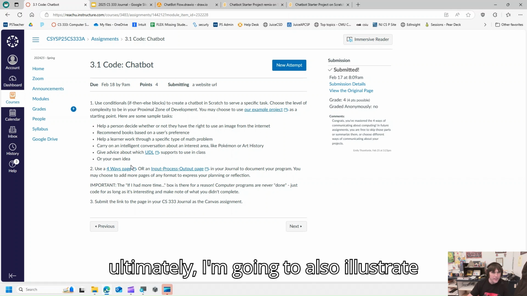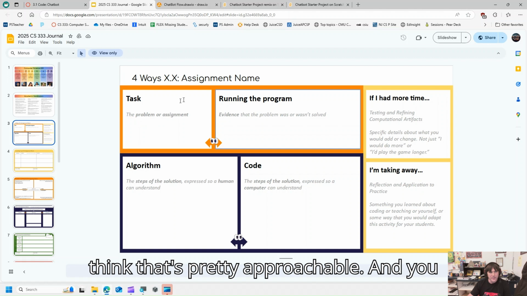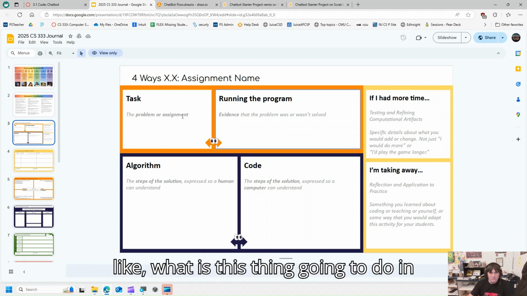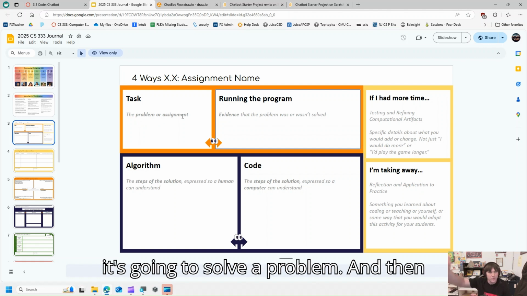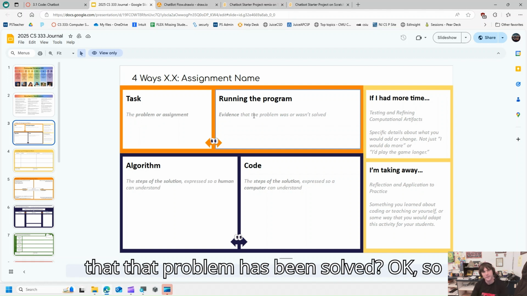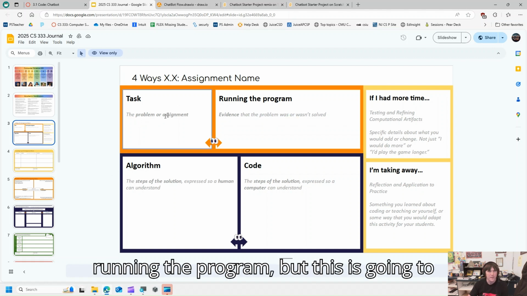I'm going to also illustrate how to do the four ways page because I think that's pretty approachable. You would basically specify in the task what this thing is going to do in terms of its ultimate goal or how it's going to solve a problem. And then here, how do we actually illustrate that that problem has been solved? Okay, so you can put a video there in terms of running the program, but this is going to be